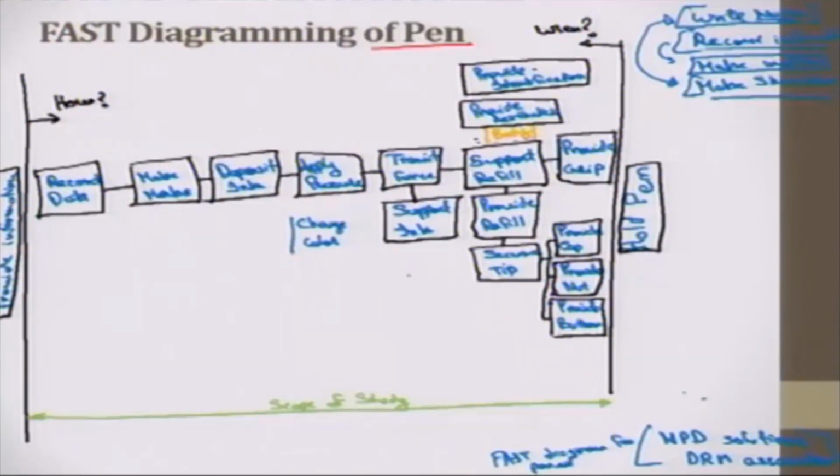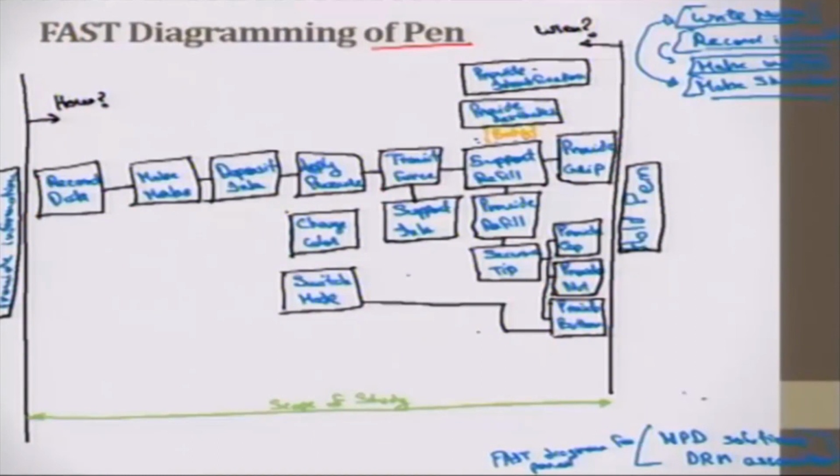Switch mode, I will put it here only, with apply pressure. Switch mode is switching from the ink to the capacitive stylus. So this switching mode can happen in two ways. We just provide it at the back, that is provide nut secure tip, and this can be connected here. Switch mode can be done by